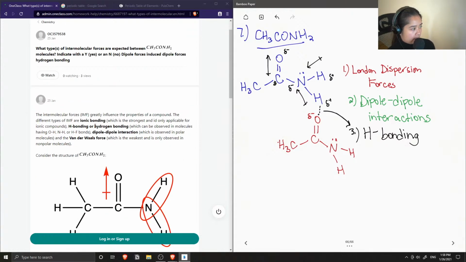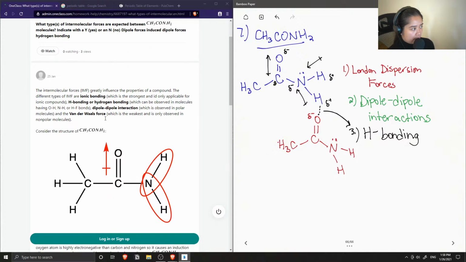The intermolecular forces greatly influence the properties of a compound. Different types of intermolecular forces are ionic bonding, which is the strongest and is only applicable for ionic compounds, so we don't have any metals in this compound. So we know that there is no ionic bonding